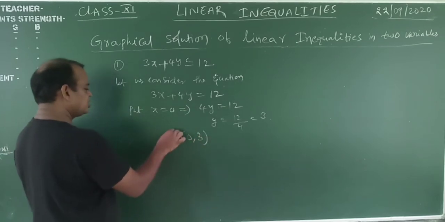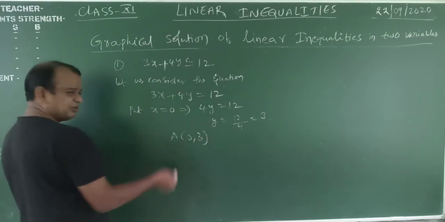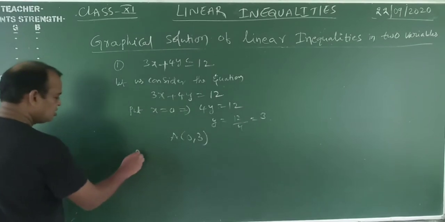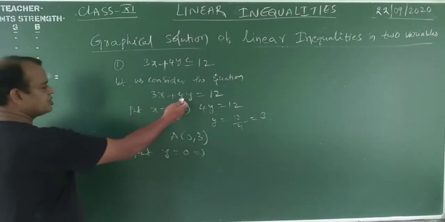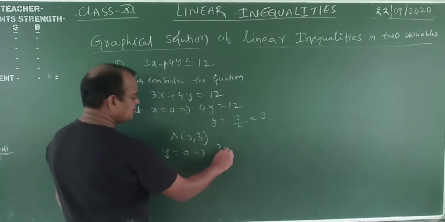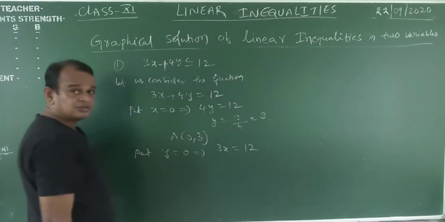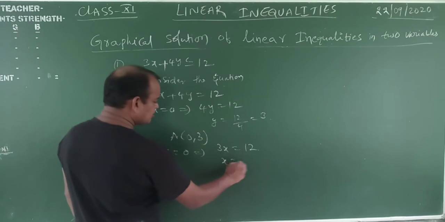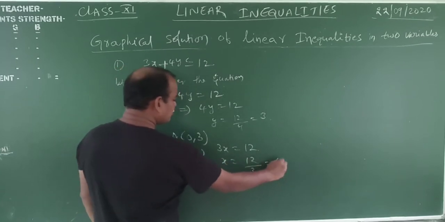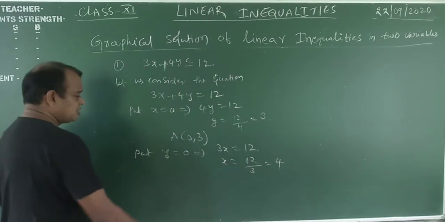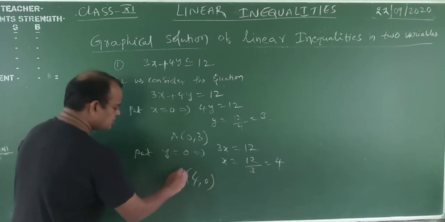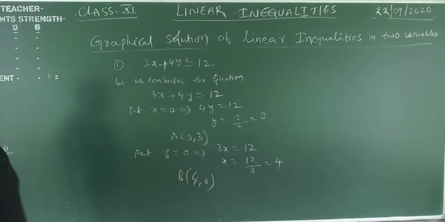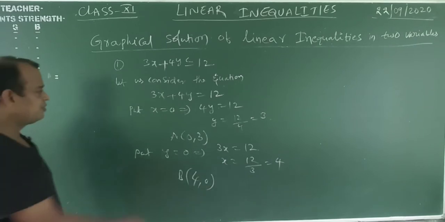For suppose you will take this one, whatever, no problem. Put y is equal to 0 in the given equation. Y equal to 0 means this is 0. 3x is equal to 12. Now x is equal to 12 by 3, that equals 4. Okay, my dear students, what is the point? First we write x comma y, that is 4 comma 0. For suppose this is equal to B. Now we draw the graph for these values.